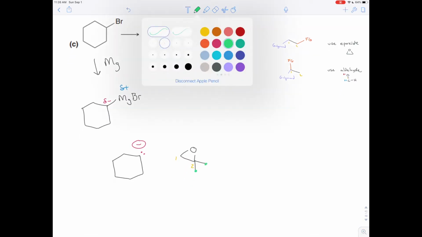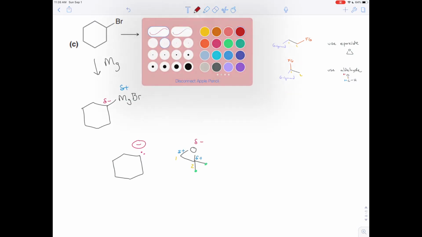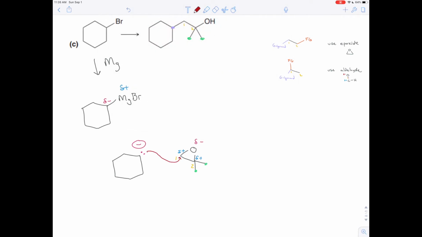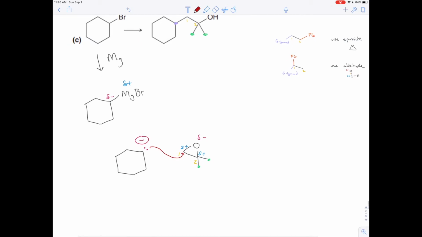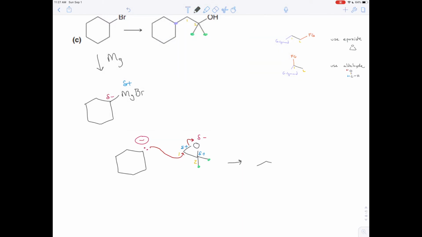Okay, so we know the oxygen's slightly negative. We know the 2 carbons are slightly positive. The nucleophile is going to attack the carbon on the left, this number 1 carbon, because it's less crowded. This carbon is bonded to just 1 other carbon, whereas the carbon on the right is bonded to 1, 2, 3 other carbons. So the Grignard reagent, carbon nucleophile, attacks the less crowded carbon. To make room, this bond breaks, the electrons go onto the oxygen, and we have,